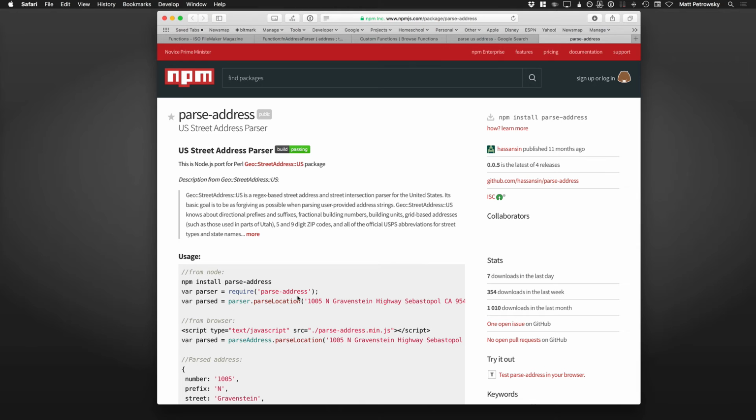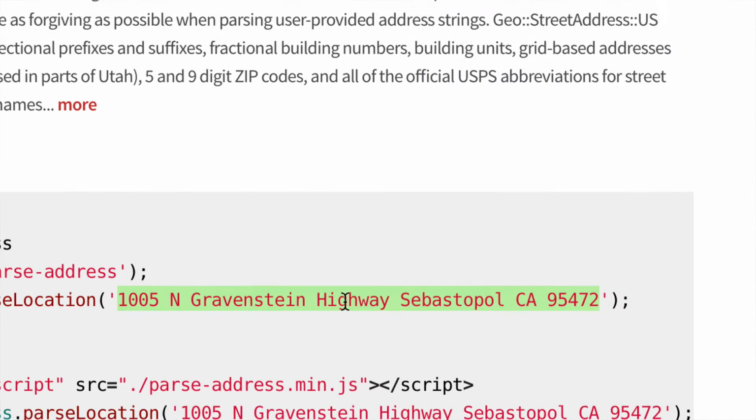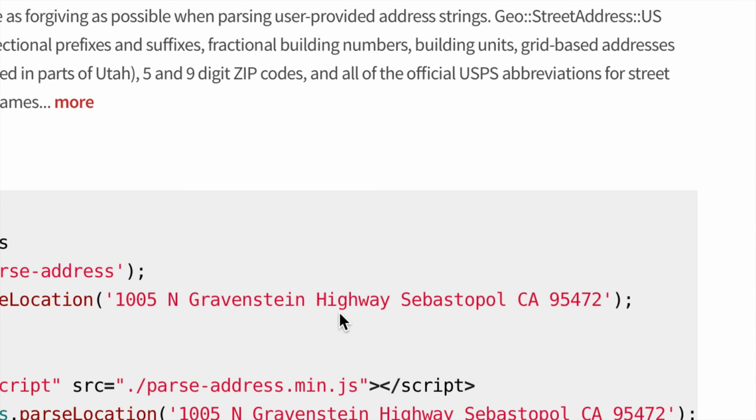And if you look at the code, it's not too confusing, but we can see right here as we scroll over, we've got this address right here. This is just one example of an address: 105 North Gravenstein Highway, Sebastopol, California. Now, it's really important to recognize that addresses can come in a wide variety of input formats. For example, there could be a period after North. There could be a comma after Gravenstein, a comma after Highway,